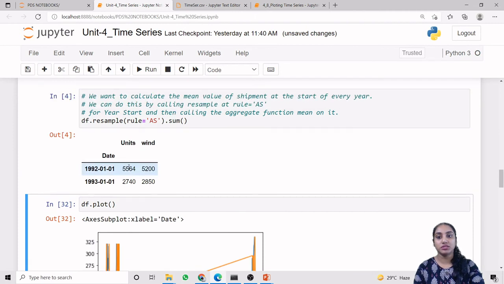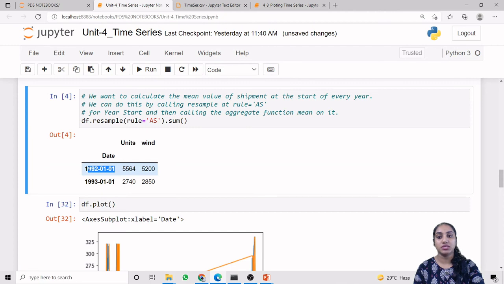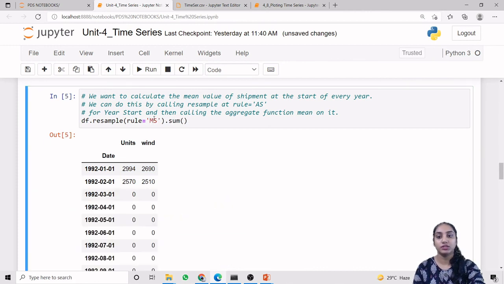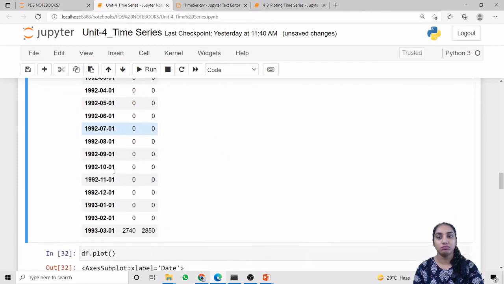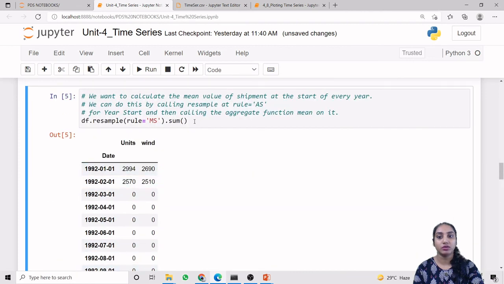So this is the year start value. Now the date has changed. You can see 1992 with January and 1993 with January itself. So this is the year start. Similarly we can also provide the month start using MS. So this is the month start data aggregated according to the sum.